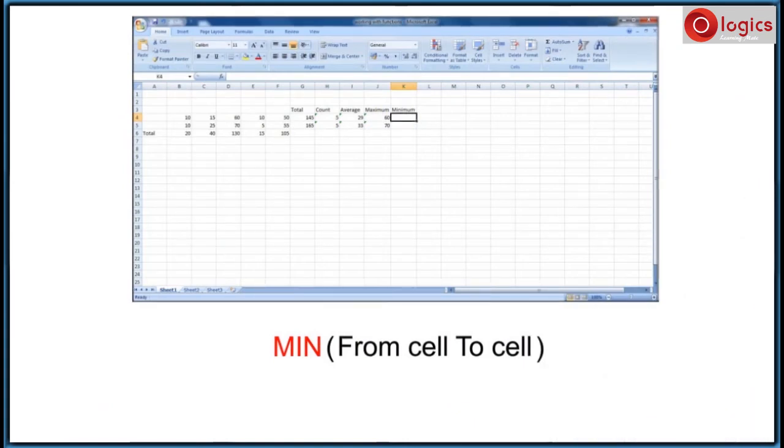Minimum function. The minimum function in Excel is used to calculate the minimum number in the given range of cells. Minimum number means the smallest number in the given range of cells. The syntax of the minimum function is equal to min of from cell to cell.